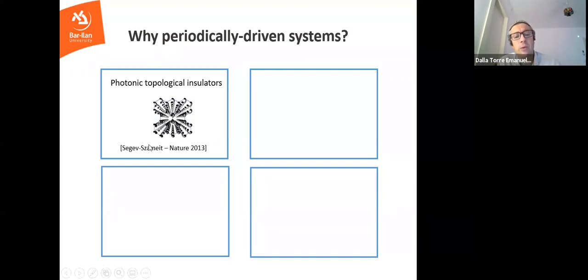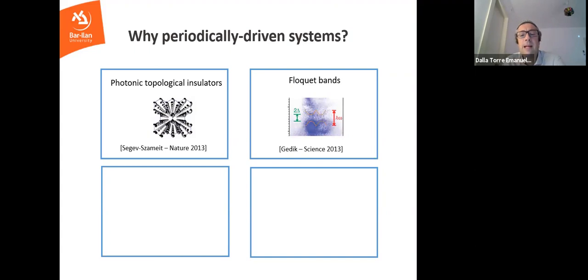So situations in which if the light enters in the middle, it will sort of go all around. But if you start it on the edge, it will stay. So if you start it, say, from a waveguide that is on the edge of this system, it will stay on the edge. Probably go around, but still it will not diffuse into the waveguides that are in the middle. Okay. There are also experiments with materials, like this experiment, in which one applies a very strong pulse and basically excites higher Floquet bands.